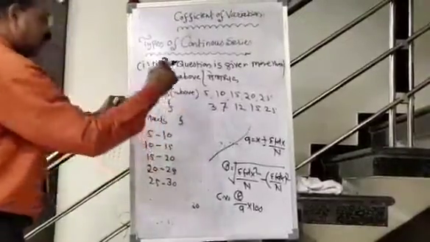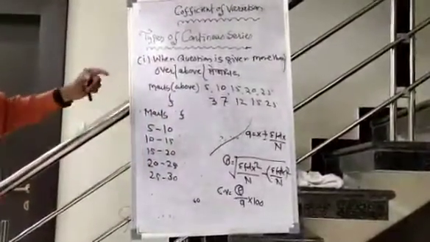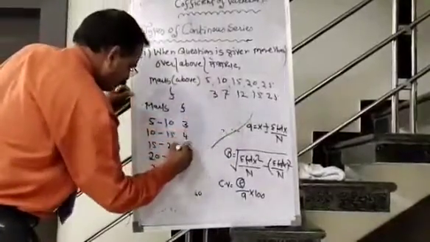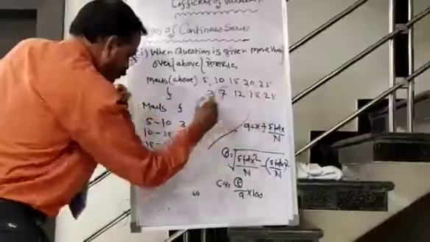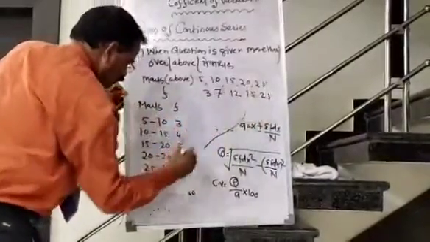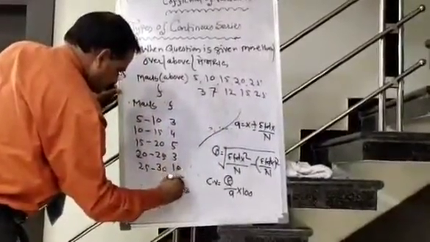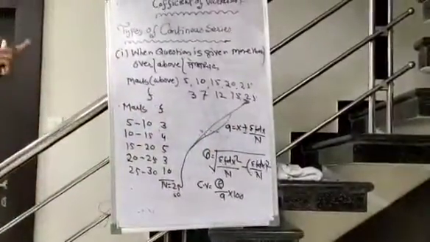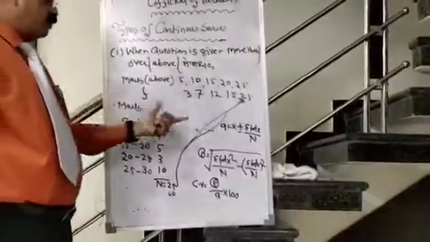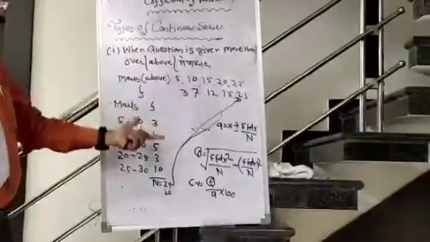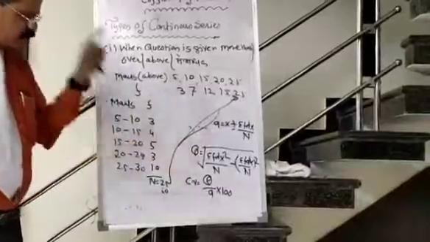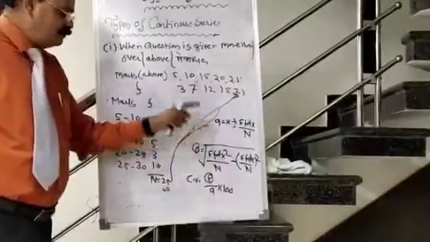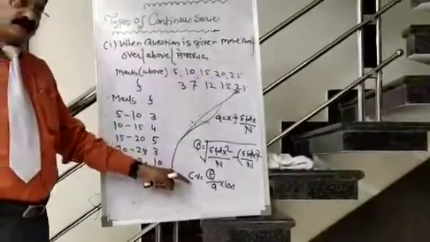After that we will see if the frequency is given in ascending order, then we should convert: 3, 7 minus 3 is 4, 12 minus 7 is 5, 15 minus 12 is 3, and 25 minus 15 is 10, and this total will be the same as the last frequency. After that we should draw a 6 column table. The first 5 columns we should use for mean, and the 6th column for standard deviation, and from the answers of standard deviation and mean we can find the coefficient of variation.